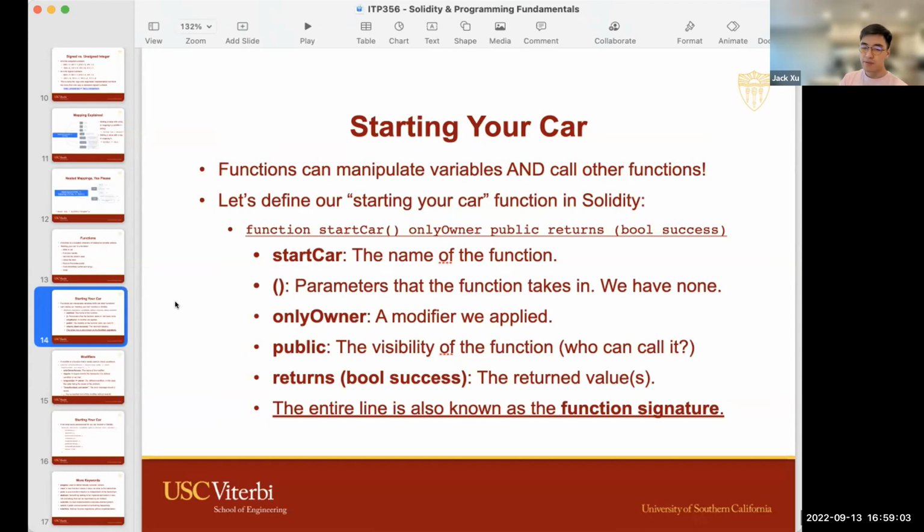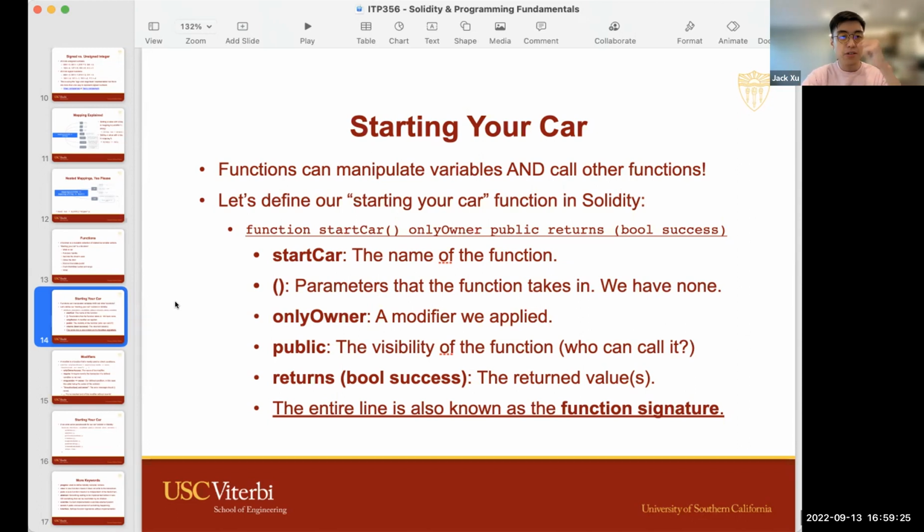People from outside of the smart contract, other functions within the smart contract, or even, as we're going to talk about inheritance in the future, the function's children. They all can call this function. So public is the most available visibility.